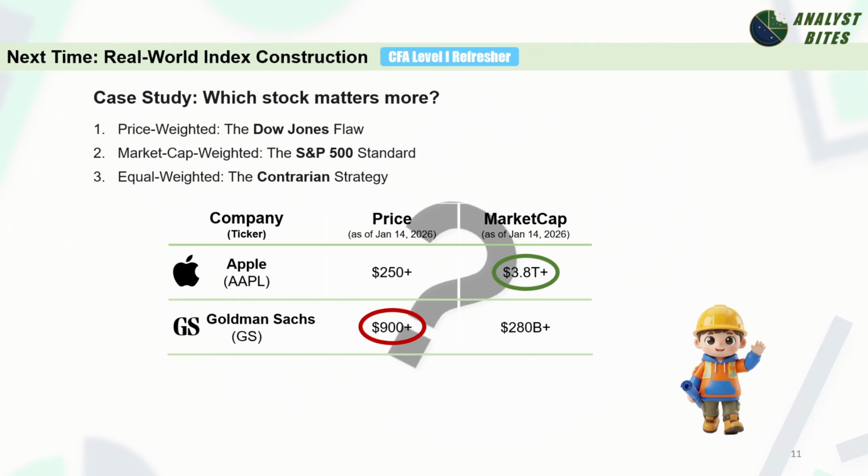We will analyze the giants you know best: Apple, Goldman Sachs, Nvidia, and so on. We will decode the news. When you hear the Dow is up or the S&P is down, how is that actually calculated? And here is the best part. I will show you a shocking counterintuitive truth. Apple is a $3 trillion giant. Goldman Sachs is much, much smaller. Yet in the Dow Jones Index, Apple matters less than Goldman Sachs. Why? The math behind this might be the complete opposite of what you imagine.